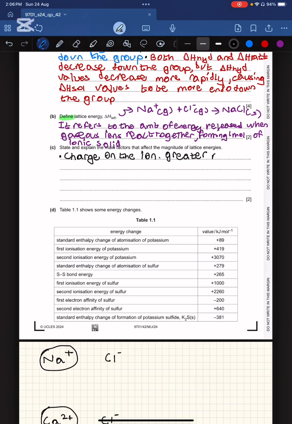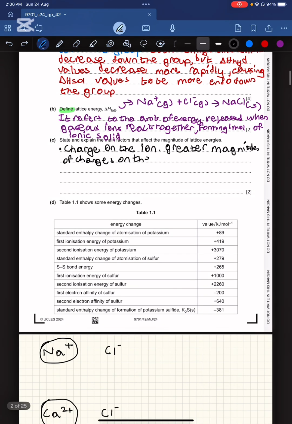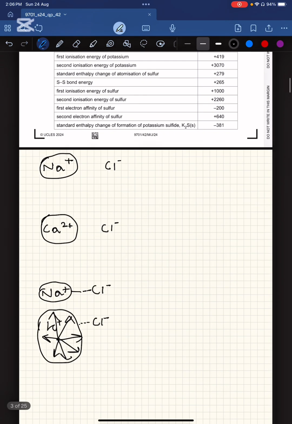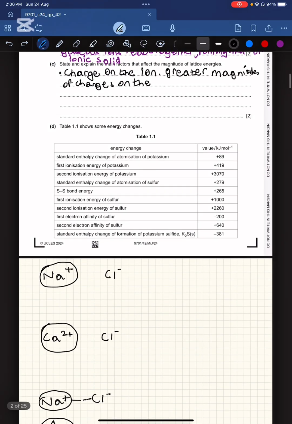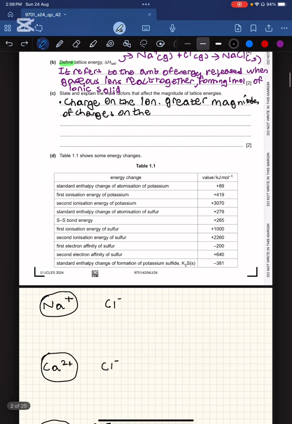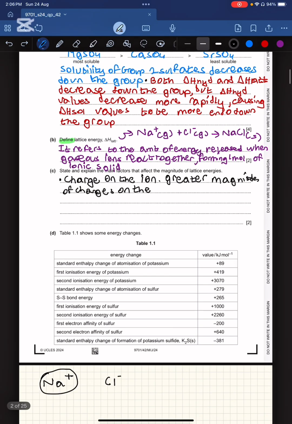So, as we stated, the greater the magnitudes of charges, and in every question, they will keep, in this case, they're not asking about a specific ionic compound or a specific formula unit, but when they do, they will always keep a particular ion the same so that you can cancel them out and you can focus on the other ion. Either they will keep the cation the same or they will keep the anion the same. So the greater the magnitude of charge, pardon my writing, I'm just writing it to be quick and to be able to explain more. So the greater the magnitude of charges on the ions, the stronger the